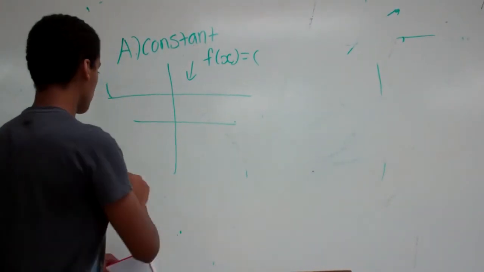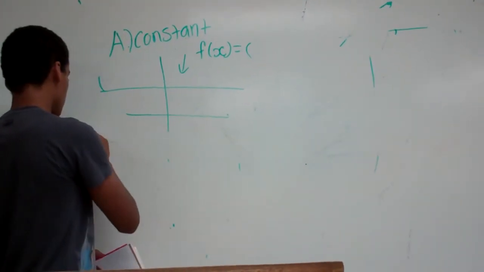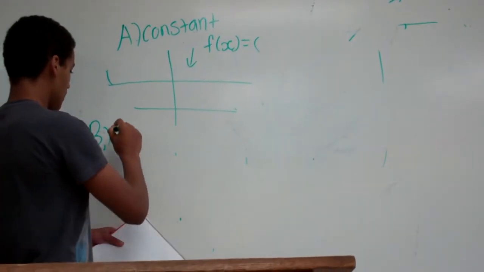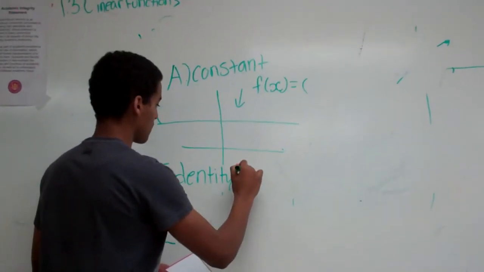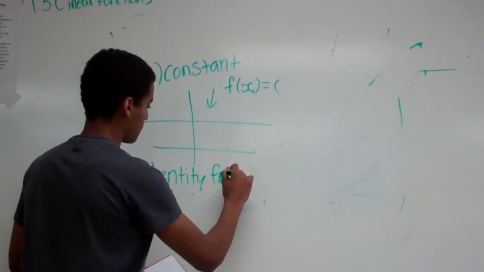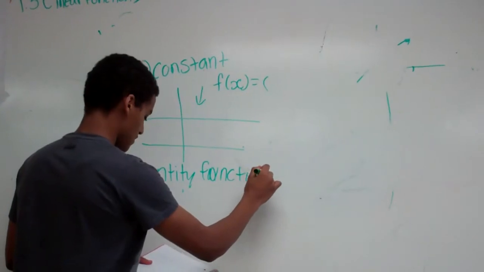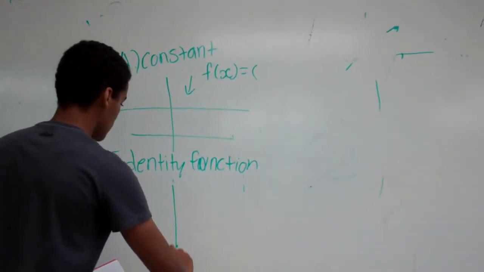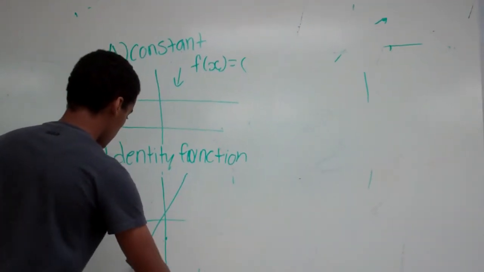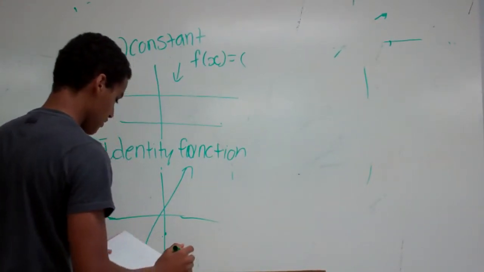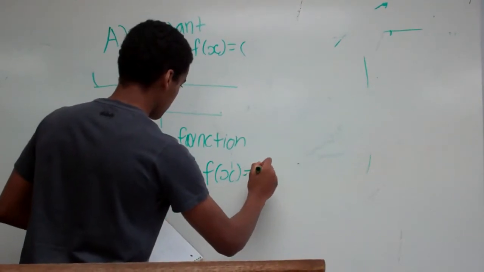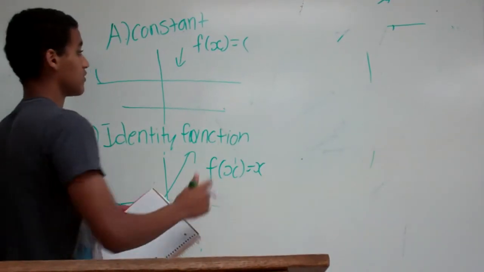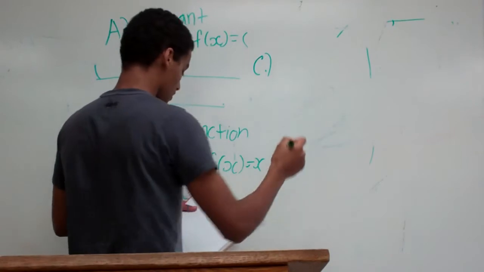And the next one that we have is the identity function, and that is represented by this right here. And this line is f of x equals x,